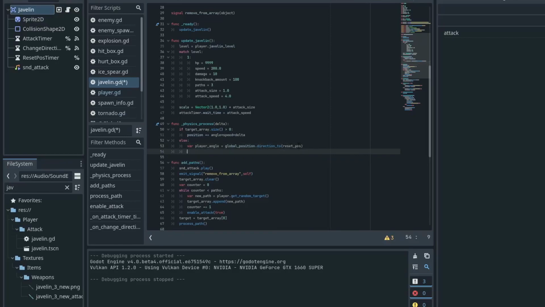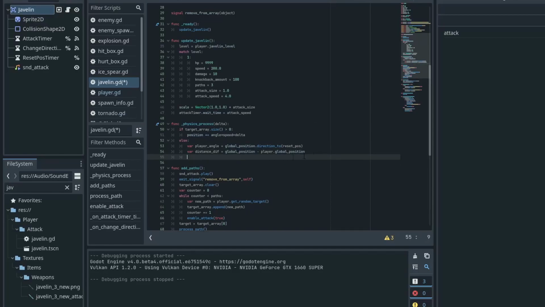We will be setting this to something, but imagine this being just the player's global position plus a little bit different. So then we have var distance underscore diff, and this is going to be global position minus player dot global position, and this is just going to get the distance between the player and the javelin. We're going to have our return speed